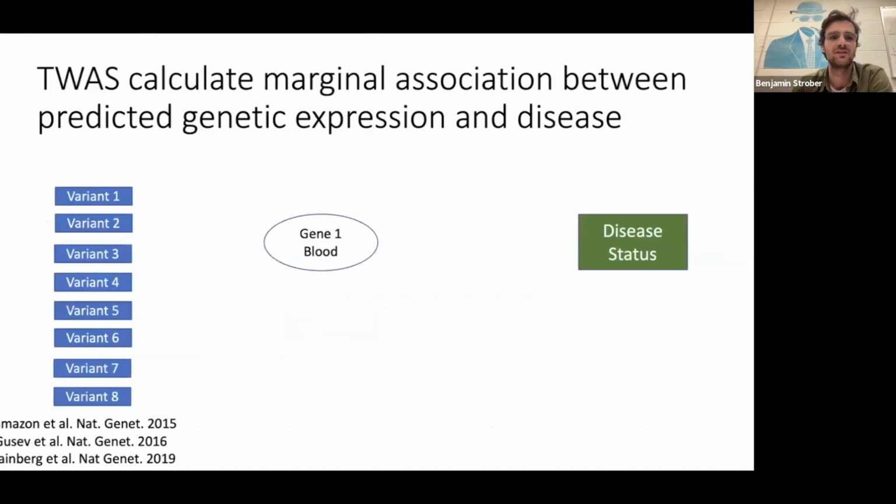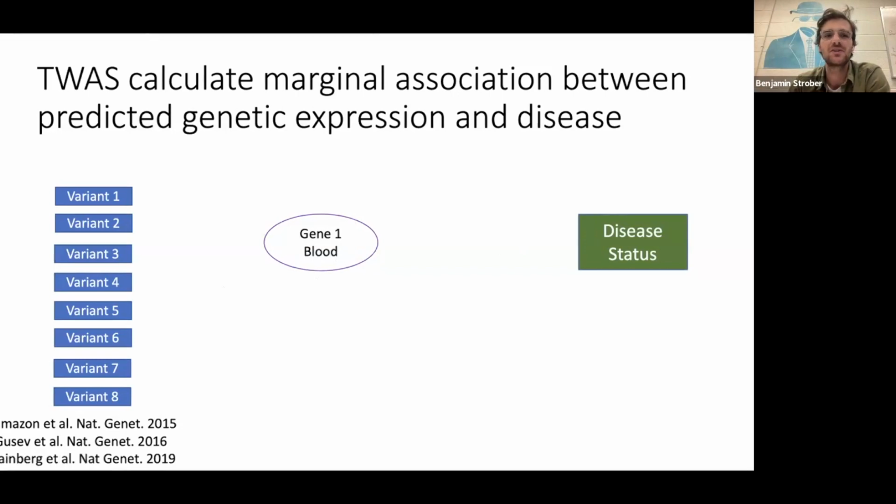Okay, jumping into the methods. I'm going to start with what I think is potentially a naive way and not what we actually end up doing to identify what the causal tissue and gene is, but it's going to ultimately motivate the methods underlying TGFM, or tissue gene fine mapping. And what you can do is you could run a transcriptome-wide association study, or a TWAS, to see whether a given gene in a given tissue, in this case, we're looking at gene 1 in blood, and whether or not gene 1 in blood is associated with disease.